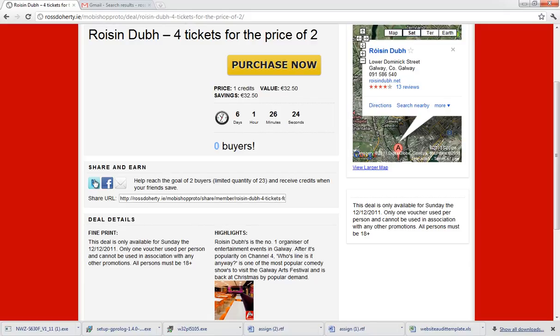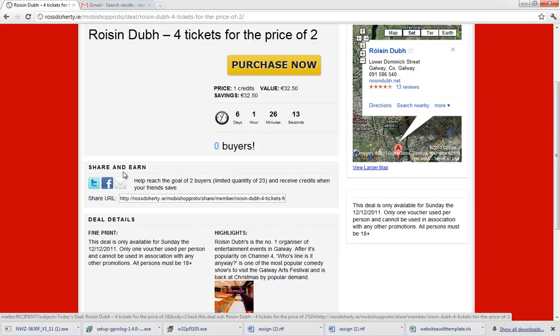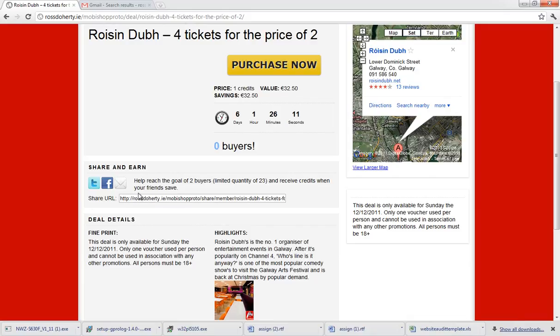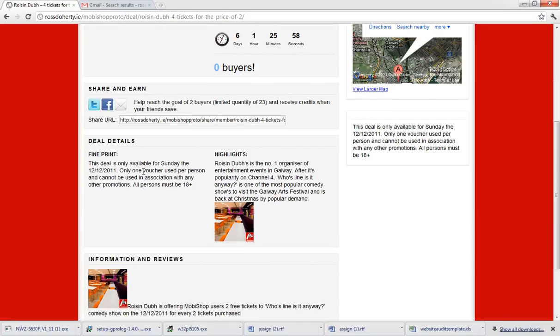On further inspection of the page, we can see that below that we've got a share toolbar, which works fully. It allows prospective users to share a particular deal on Twitter or on Facebook, or indeed email the deal to a friend or a colleague. All that functionality is working also. We've added an SMTP mail function for the email, and integration with Twitter and Facebook is fairly simple. Underneath that we have our fine print for the deals themselves, terms and conditions, some highlights